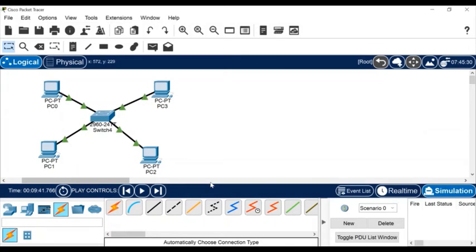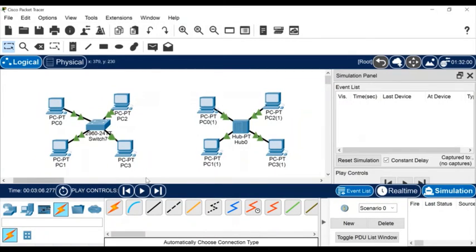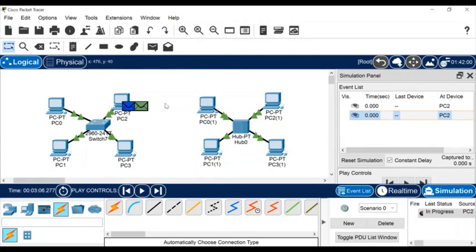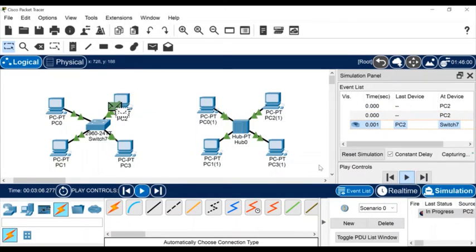Okay, now let me show a very small example of why hubs were replaced by switches. This is a similar configuration to this star topology. In one I have used the switch, and in the other I have used the hub. Let me simulate and show you why it is being replaced. I'm taking a packet, first initially with the switch.